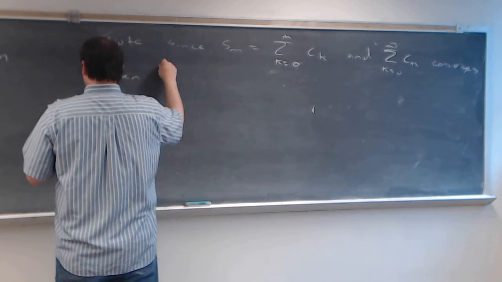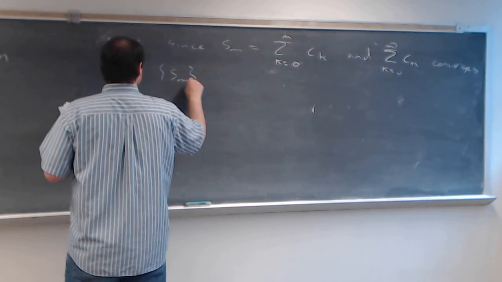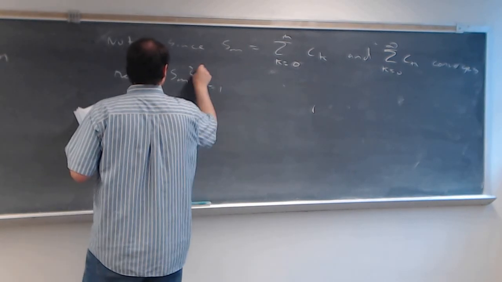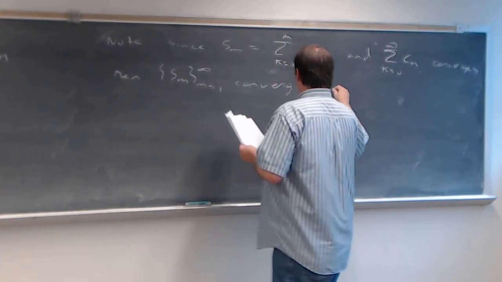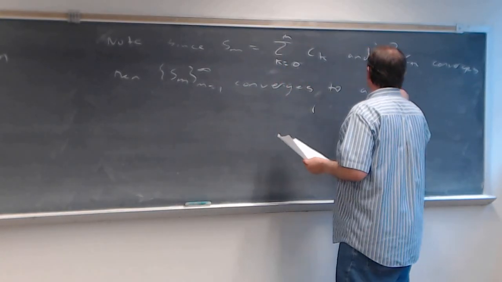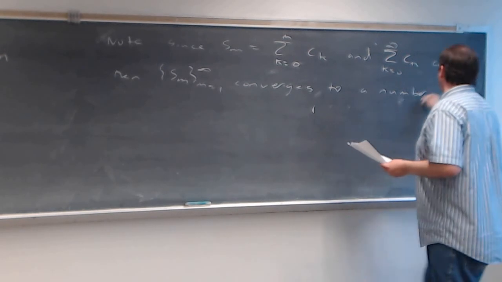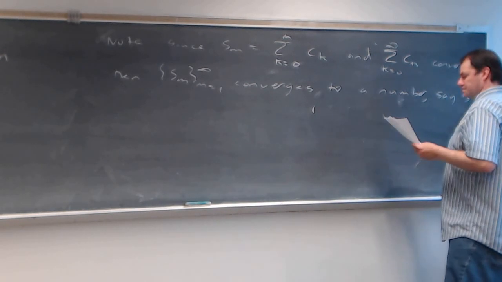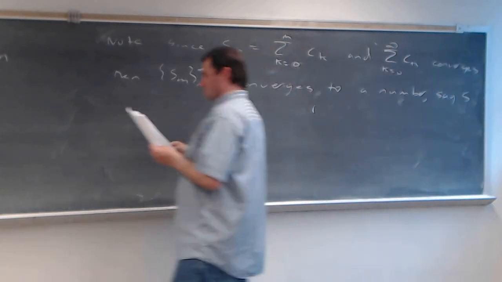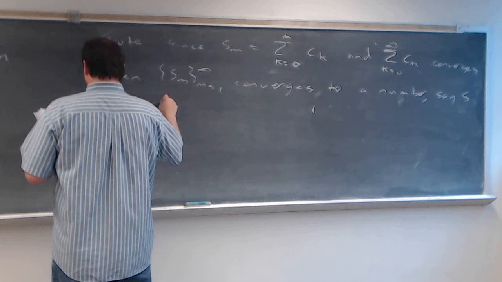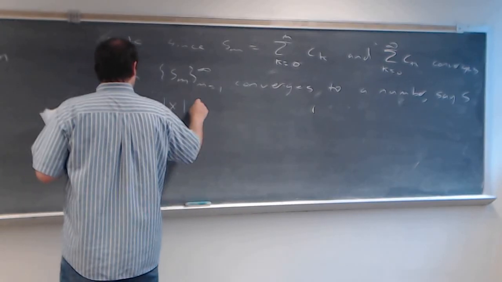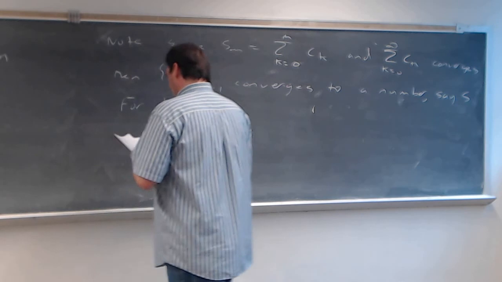Then the sequence of partial sums converges to a number, say s. And so for the absolute value of x being less than 1,